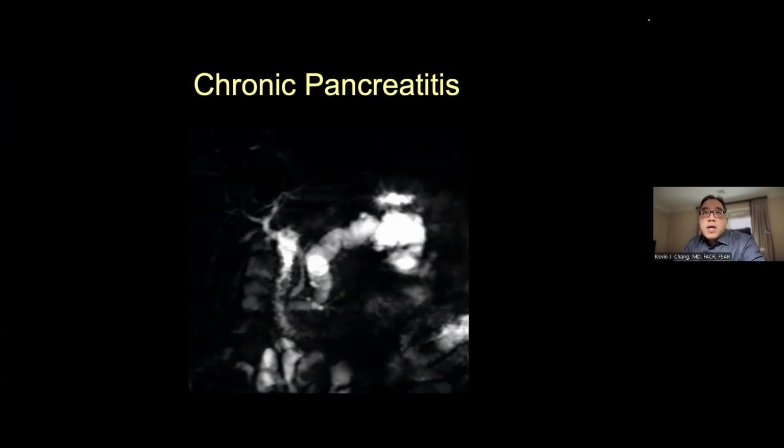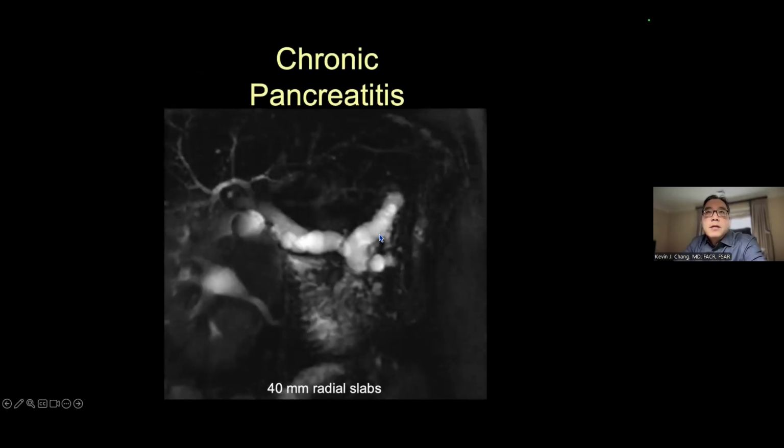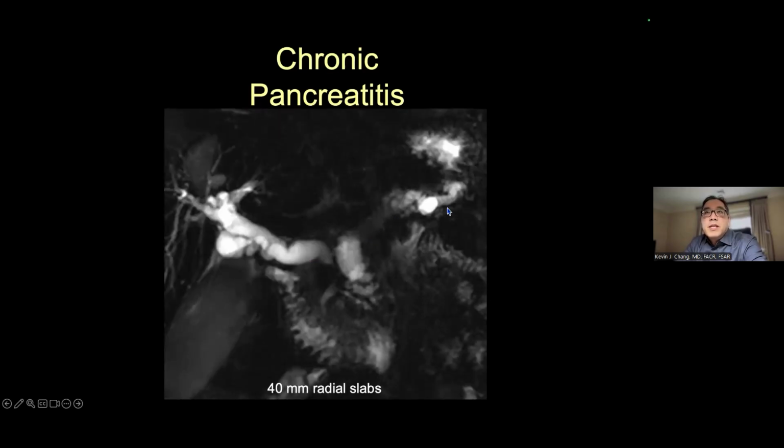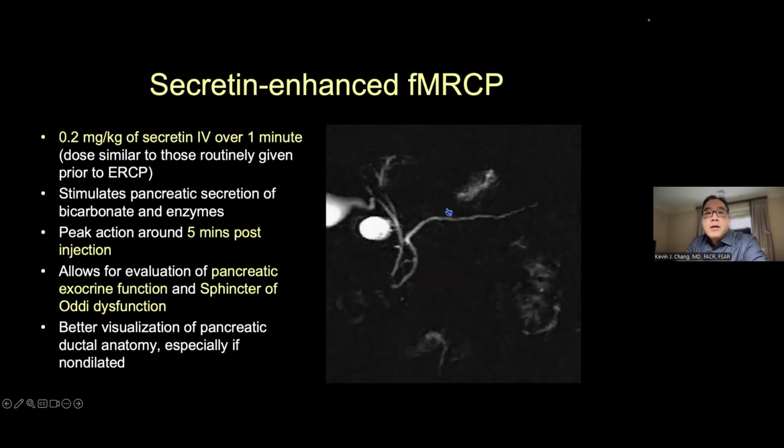Here is a typical example of chronic pancreatitis on a coronal thick slab image. You can see the dilated duct here and side branch radicals. Again, here, dilated pancreatic duct and biliary tree with that typical beaded appearance that's characteristic for chronic pancreatitis. And then the